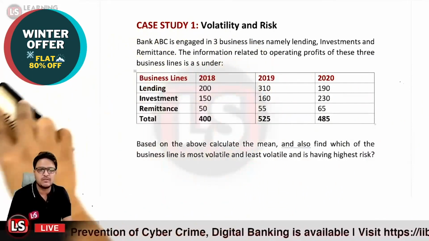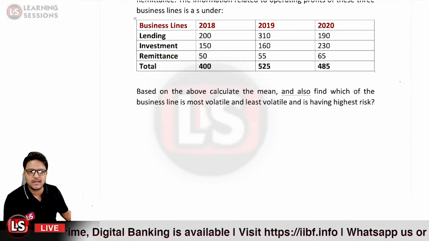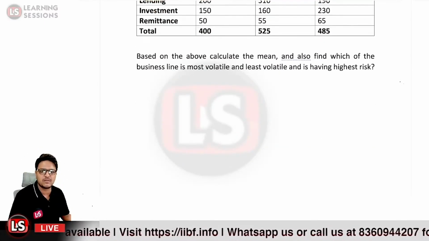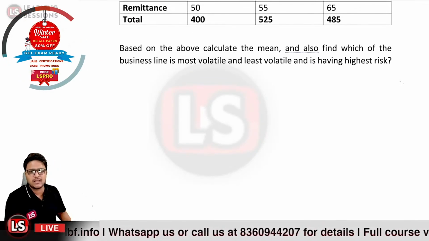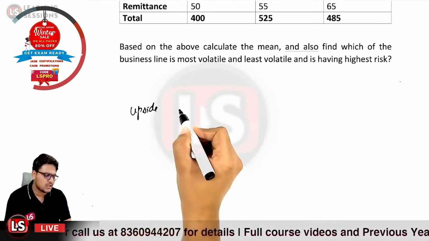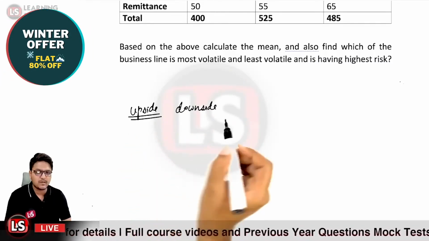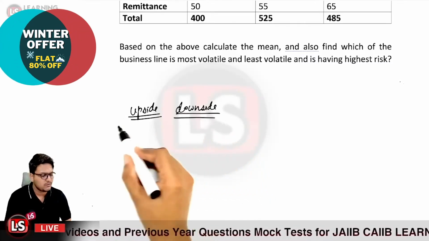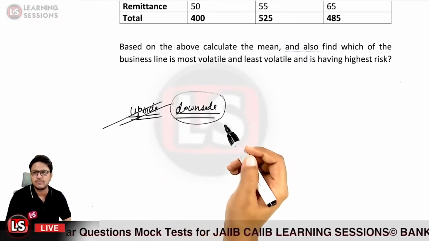Now let us solve another one, which is based upon the value at risk. Value at risk is basically a type of criteria that we can calculate. It is a methodology by which we can calculate the downside potential, if you remember. In the case of volatility, we have the upside potential and also the downside potential, but because we are to quantify the risks only, we will not be looking at the upside potential. We will be focusing on the downside potential only.